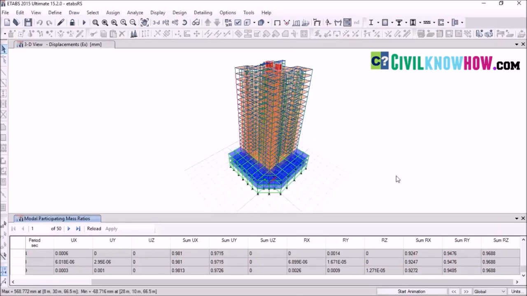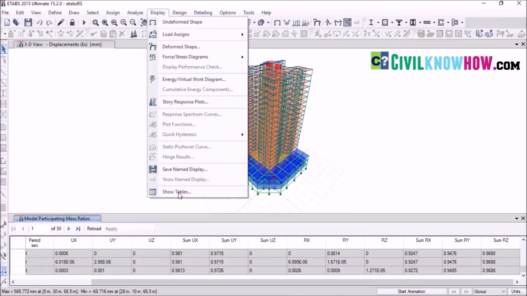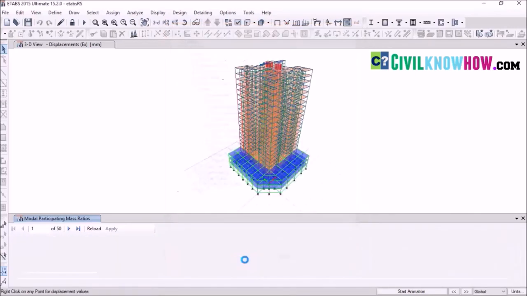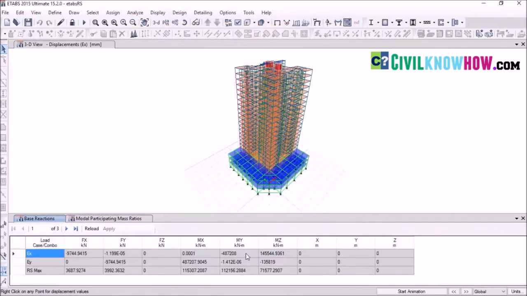And next, let's go for the base reaction check. For that, go to Display, select Show Tables, and let's uncheck this part again and go to Reactions and select the base reactions and click on OK. So here you can see the base reactions where we can see Ex and Ey, which is the earthquake load that has been calculated with respect to the linear static method, and also we can find the earthquake reactions with respect